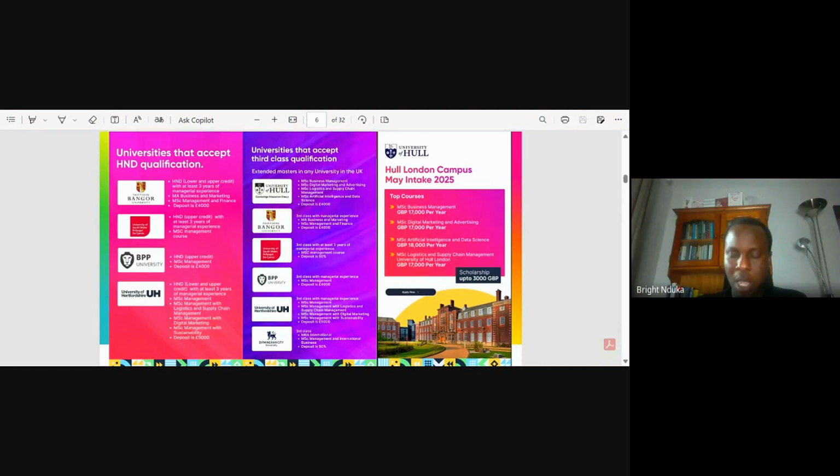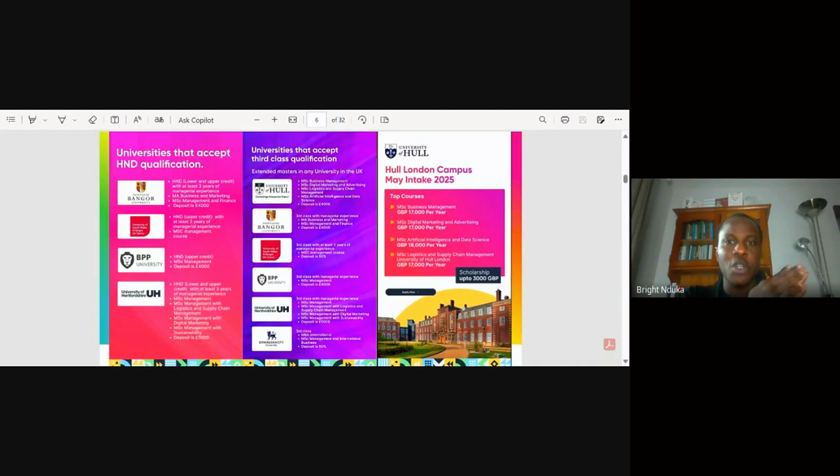These are just some of the materials I dug out from that agency to give us an oversight for people that have HND, because so far I've been speaking basically for people that are BSc holders. But if you have an HND in the UK, the options are very limited. From this, you can see that universities that accept HND qualification are very few. Bangor University, they are just very few. And even where they accept it, it is not for all courses. So if you have an HND, it's not the end of the road. There are ways. Please reach out.